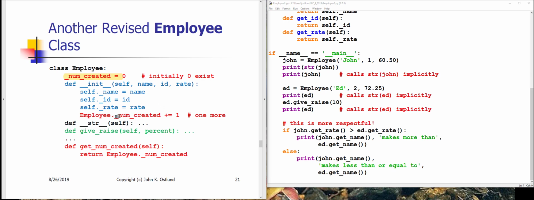Of course, we have to modify where numCreated is incremented in the statement in the init function. And here we have added a getNumCreated method that will return the numCreated value from the employee class. All right, well, that seems reasonable. This, it turns out, has a very subtle bug,